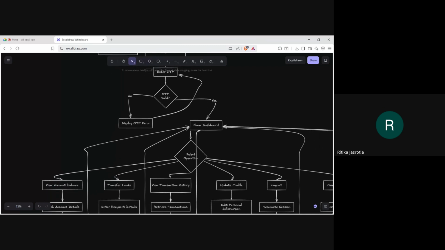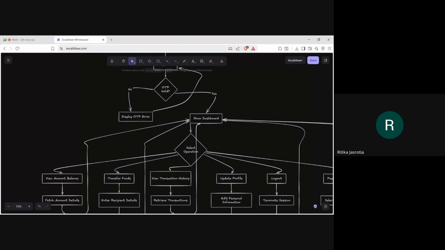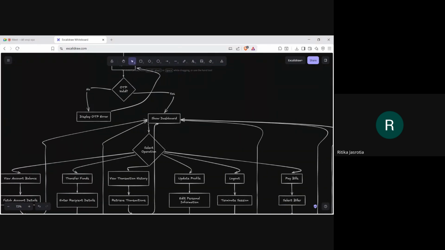So now the way you have shown select option, if it is not there in select option, it should be a fork operation. Multiple operations will be there. There was only a line here, so I made this like multiple. This diamond is for condition. So that's why I'm saying view account balance, transfer funds, view transaction history, update profile, log out, pay bills.